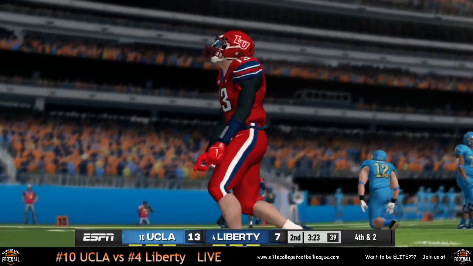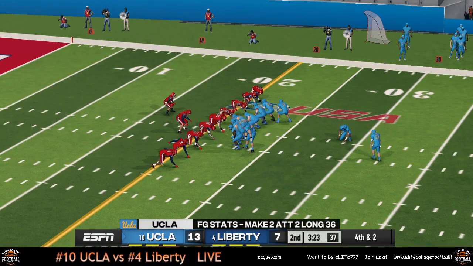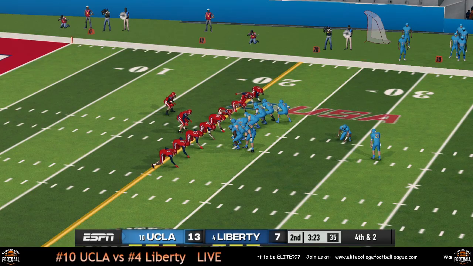Rodriguez just throws that one away. 4th and 2 for the Bruins, and they're going to kick a field goal here.